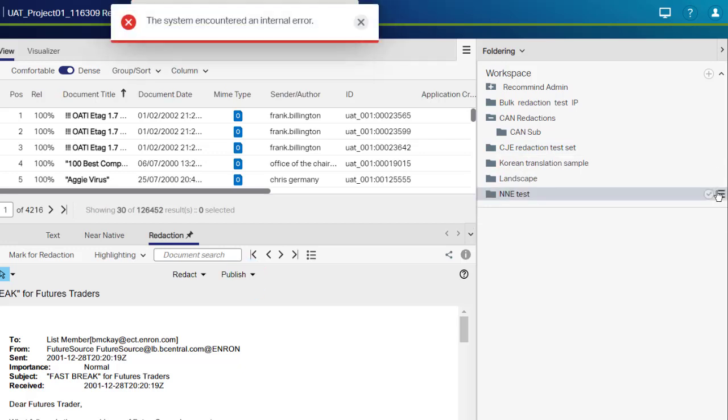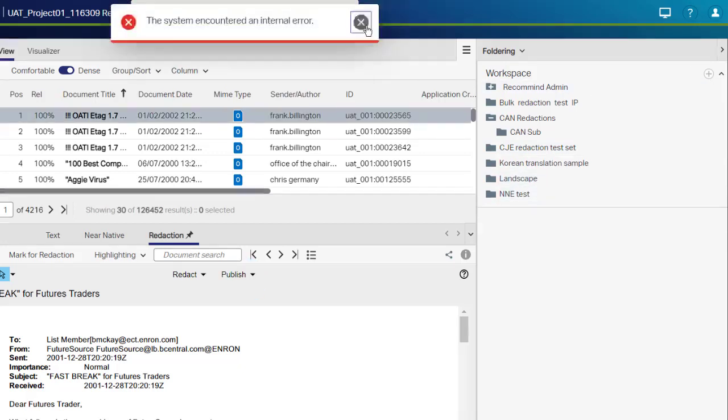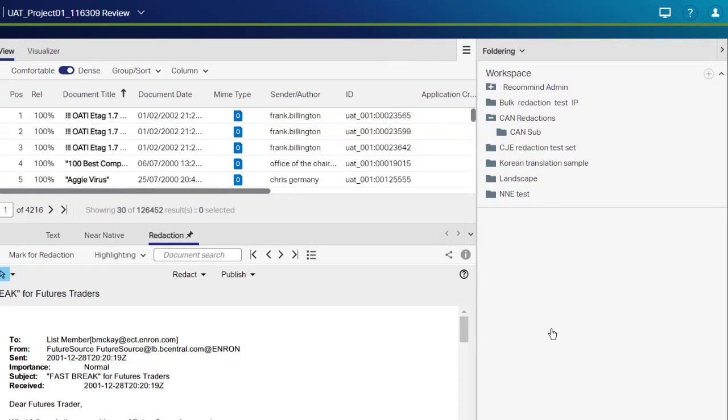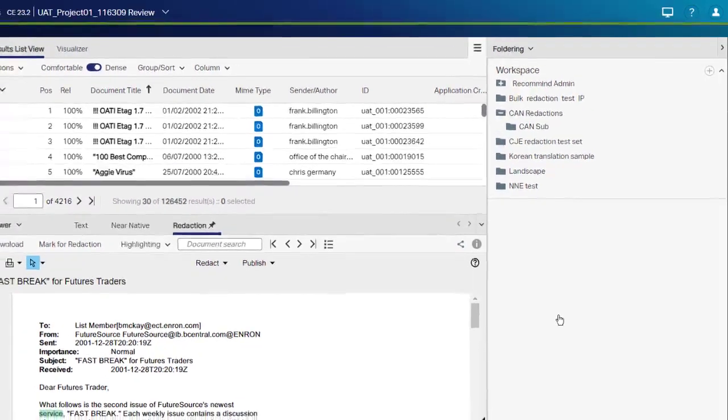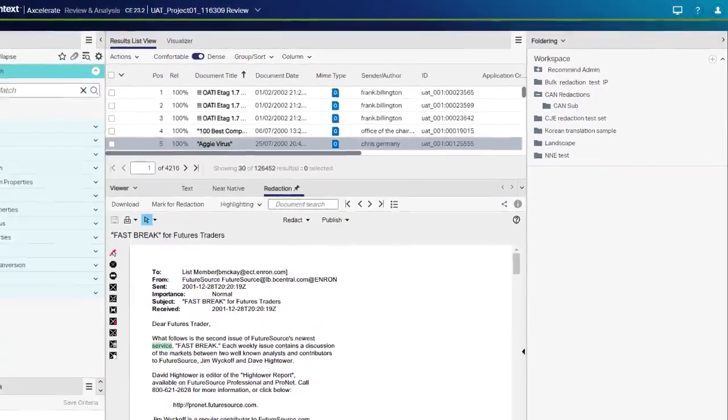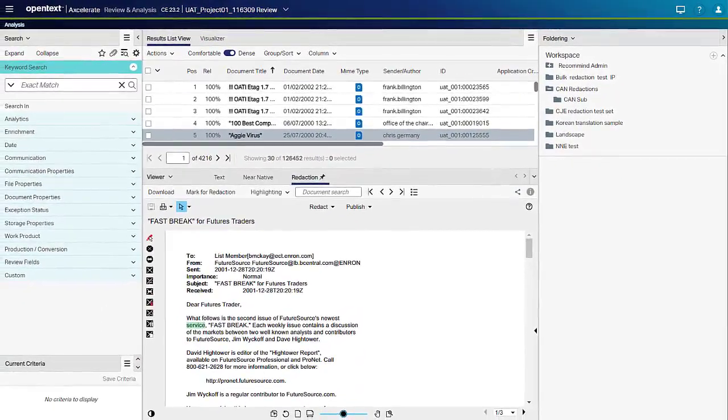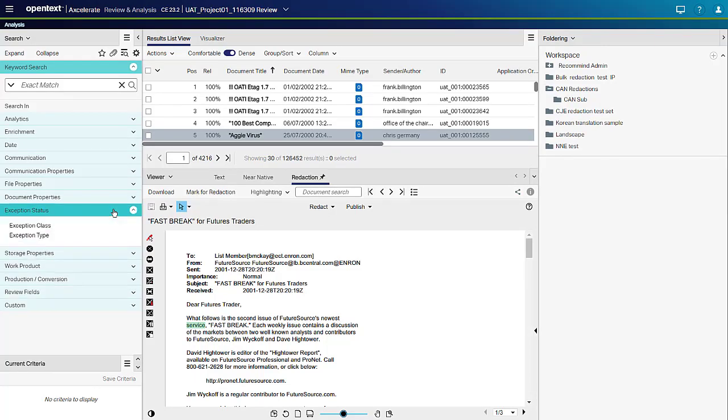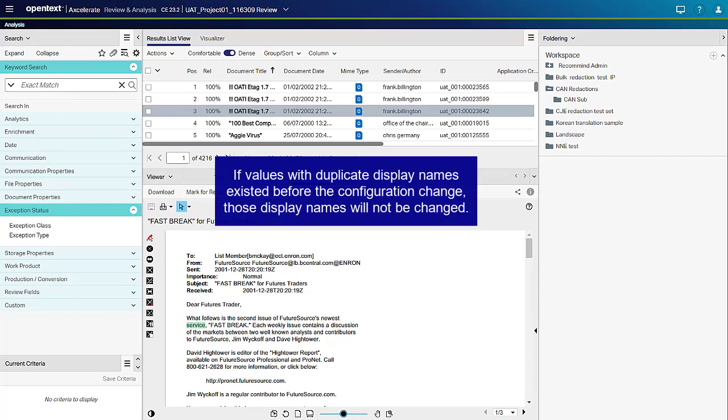This will cause less confusion in Smart Filters when users are searching for documents in these specific subfolders. If a publish would cause the import of a duplicate display name, the value that was created in the source engine is removed. You can identify such documents with the exception class and exception type smart filters located under the Exception Status Smart Filter group. Please note that if values with duplicate display names existed before the configuration change, those display names will not be